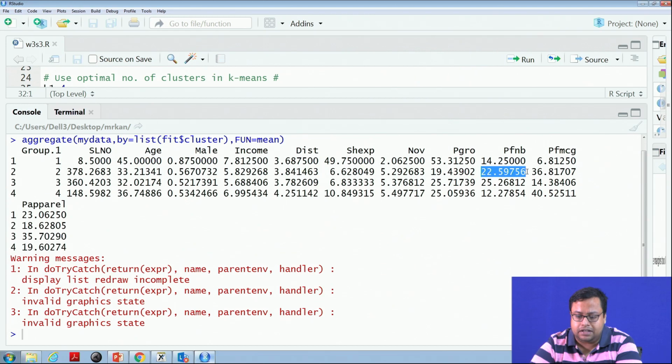These guys actually make expenditure on food and beverage also. These guys have very low expenditure on food and beverage, only 12% versus 22%. So, group 2, I can say, are mainly male, of average age 33, and their income is around 6 lakhs per annum.